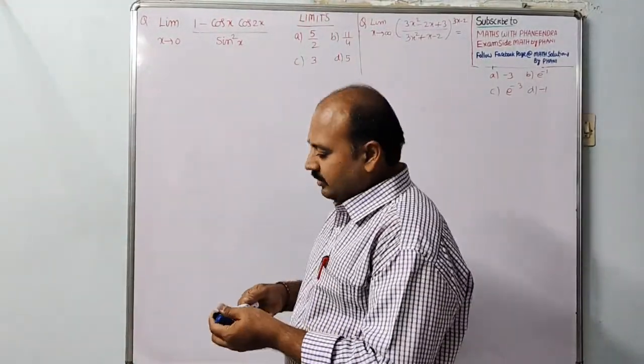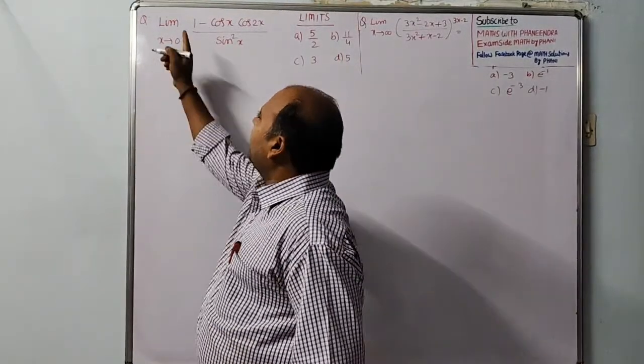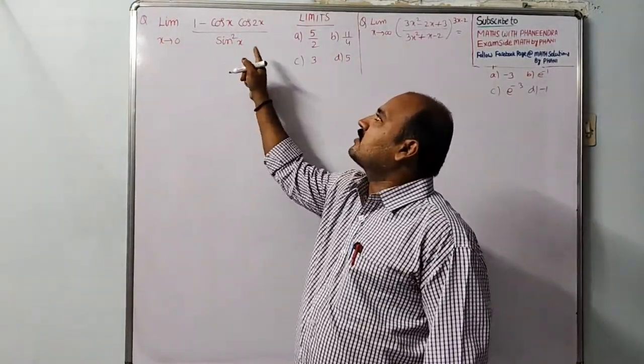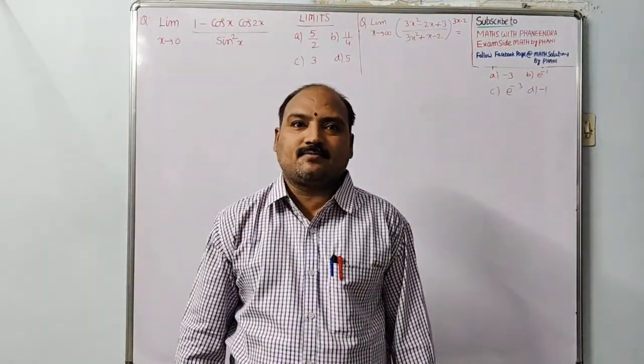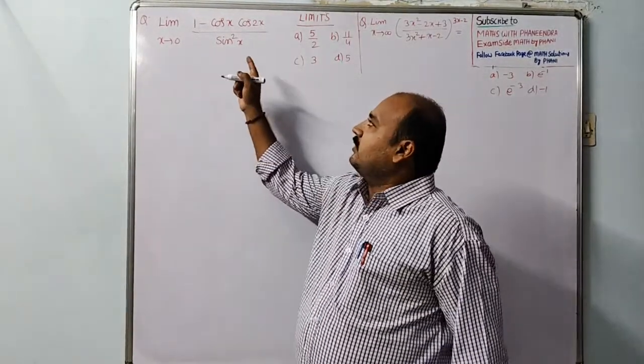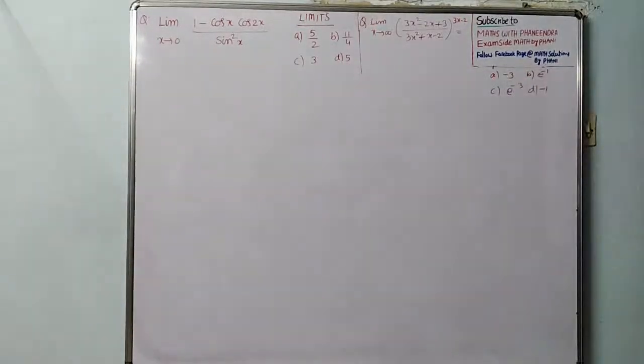The first question here. Limit x tends to 0, (1 minus cos x into cos 2x) by sine square x. See, if you substitute x is equal to 0,